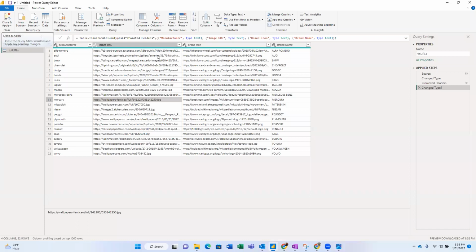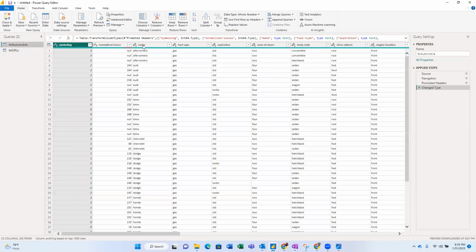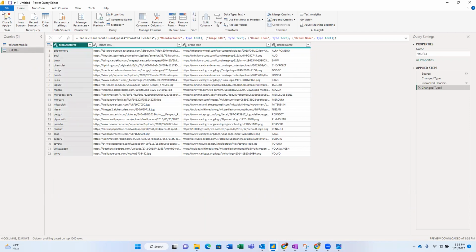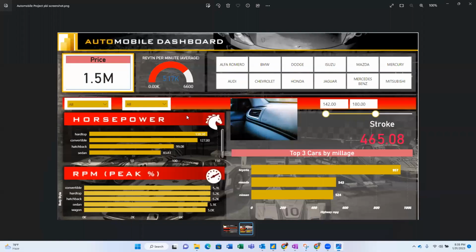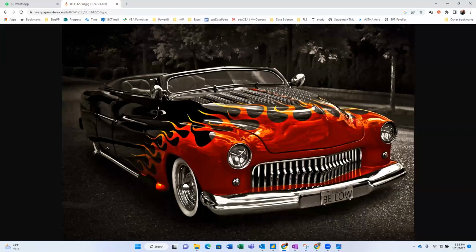Right. So what are the common fields we have in both sections? I think that is manufacturer, this one, and make from here. So these two are common fields. That means whenever we want each one,